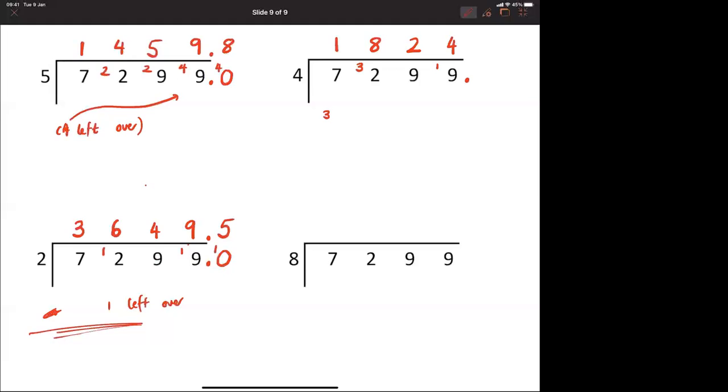So I put my decimal point, I put a 0, I put my 3 there. Now we might have a longer story here. How many 4s go into 30? Well, if I count up in my 4s until I get to the one beneath 30, I get to 7, and there's still 2 left over. So what I do is I put another 0 here, I put my 2 in front of it, and now I've got how many groups of 4 can I make with 20 100ths, and that is 5. Okay, so the answer is 1824.75. If you now get it, but you didn't get it before, you might want to pause the video again